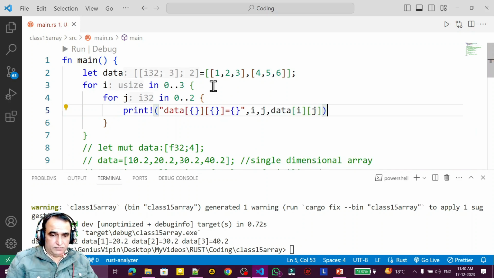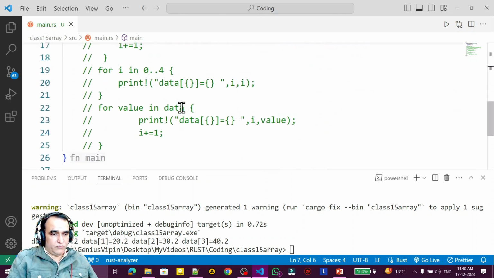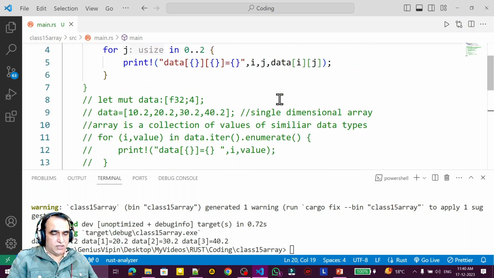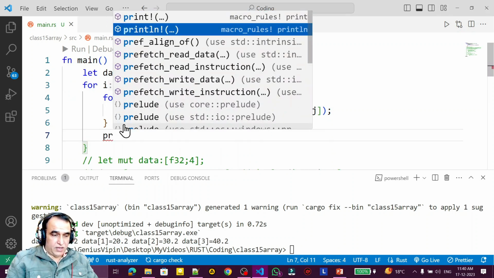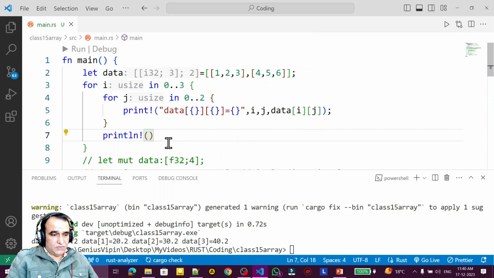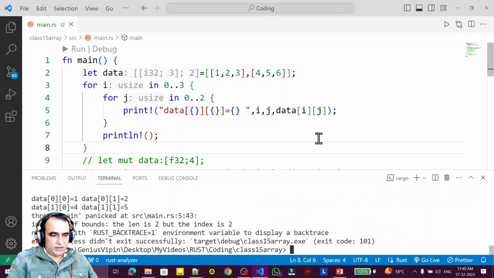It's a simple one. I explain this one the same way, first one, same, we can do like this, remember. This is a two-dimensional array, so two loops we require, and try to make a println here, a line break here, remember, some space also. Now I try to execute it once again, and you will see it's saying out of index